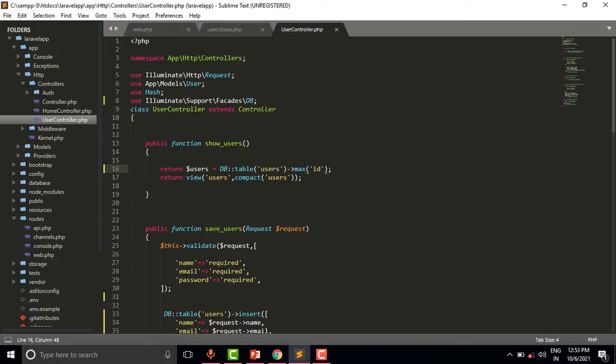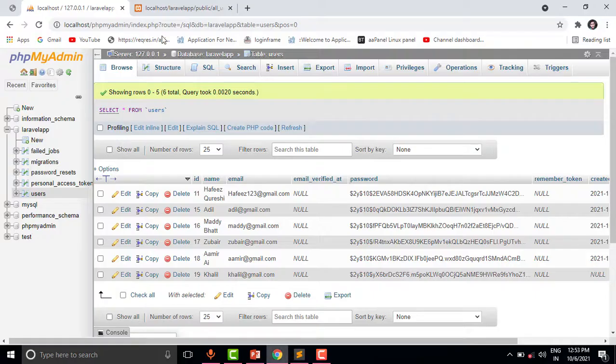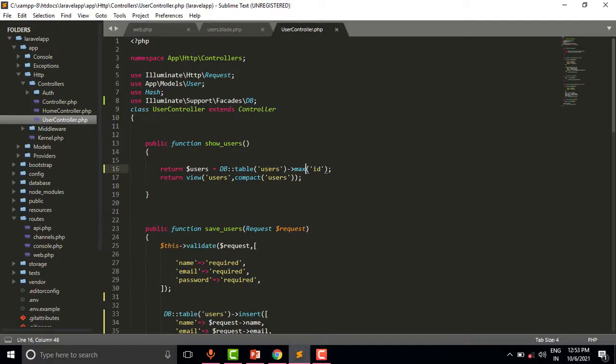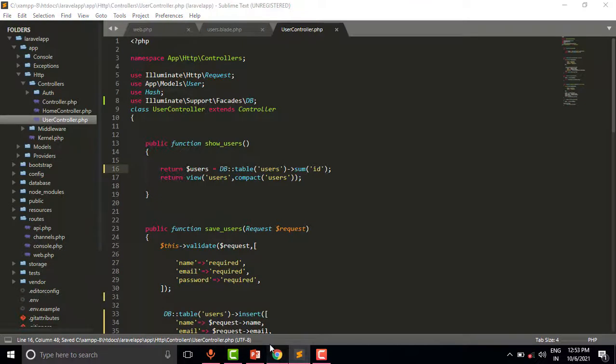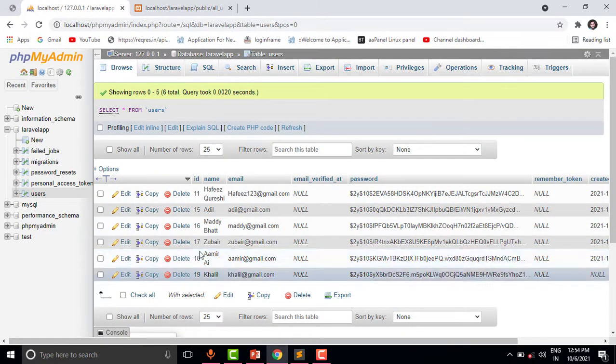Suppose we want to get the sum of the user IDs, then we will pass sum ID. So let us refresh this page again. Now you can see we are getting the sum of the IDs is 96.